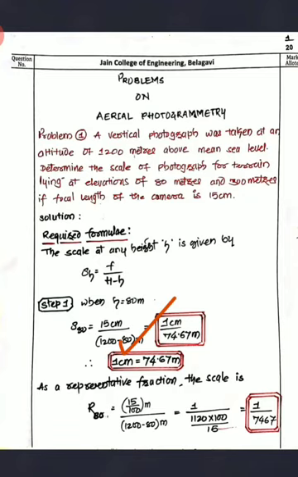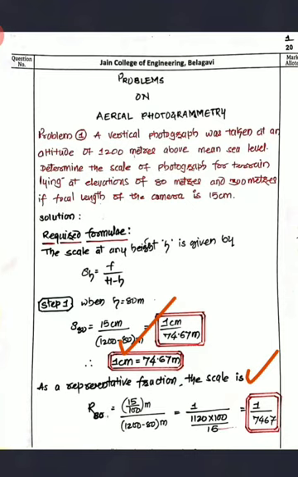Now the representative factor, how do we represent that in terms of 1 to something? You are going to take the same units. Whatever unit you use in the numerator, you should have the same unit in the denominator also. So 15 centimeter you have to convert to meters, that is 15 divided by 100, divided by 1200 minus 80, that also in meters. So it is going to be 1:7467. Now this is the representative factor. There is a difference between the representative factor and the scale.